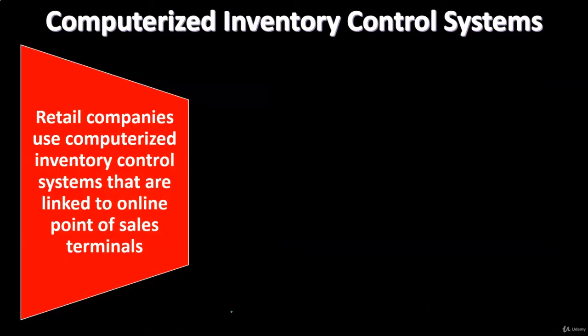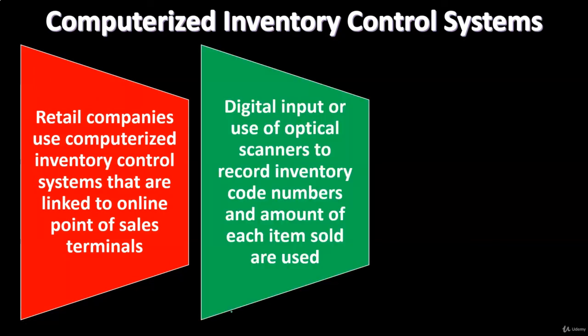Computerized inventory control systems are going to help us to track the inventory and track our current assets. Retail companies use computerized inventory control systems that are linked to online point of sale terminals. That's going to help us when we have the point of sale, when we sell the inventory. We're going to have the point of sale terminal that's going to help us to track that inventory as we go in a perpetual inventory system method. So the digital input or use of optical scanners to record inventory code numbers and amount of each item sold are then used. So we have the scanners that we've probably seen, of course, with the point of sale inventory system. That's really useful, and it's more high tech than you might think